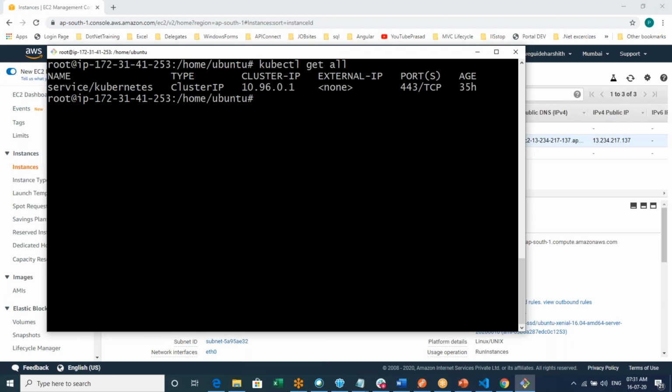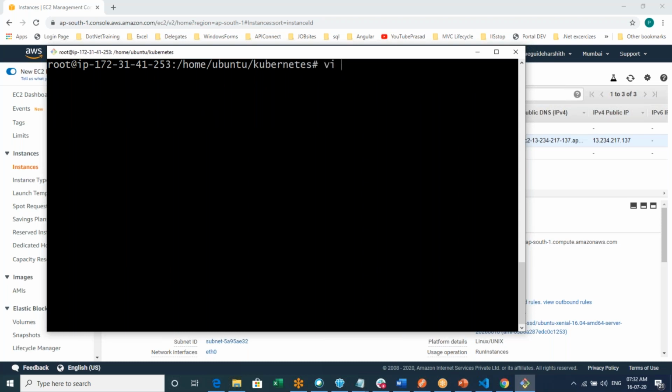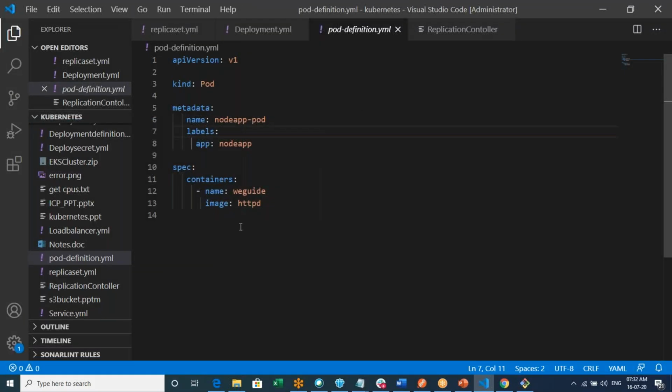But now we will be creating a pod. So one pod will be created. So I'm just creating a folder. So mkdir Kubernetes, I'll say. So cd Kubernetes. So now here what do I do? I'm just trying to create a pod.yml file. Fine. Here it starts with hyphen hyphen hyphen. So then I'll just place this particular content there.